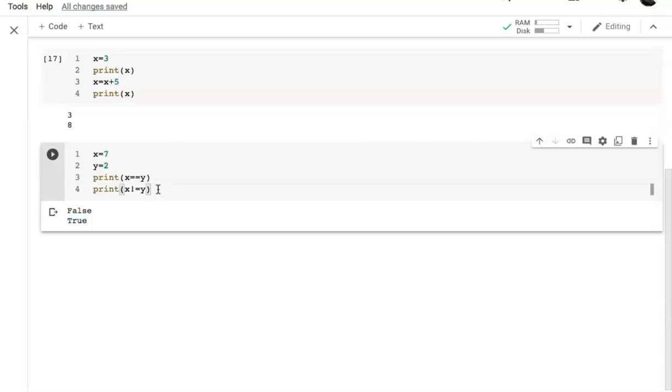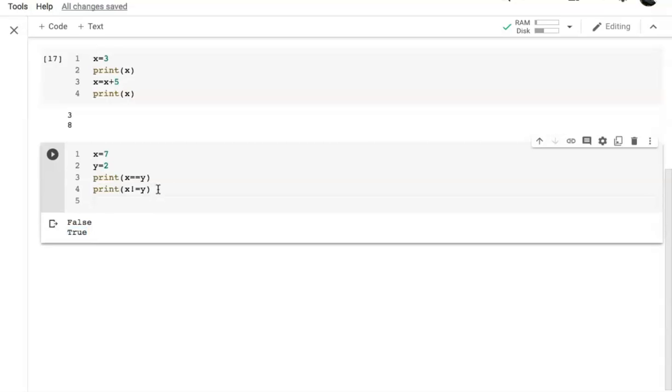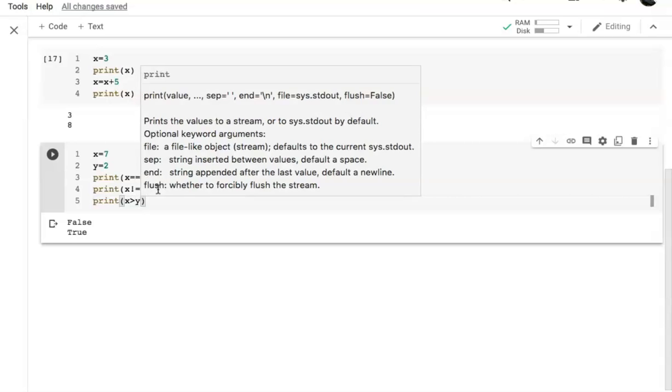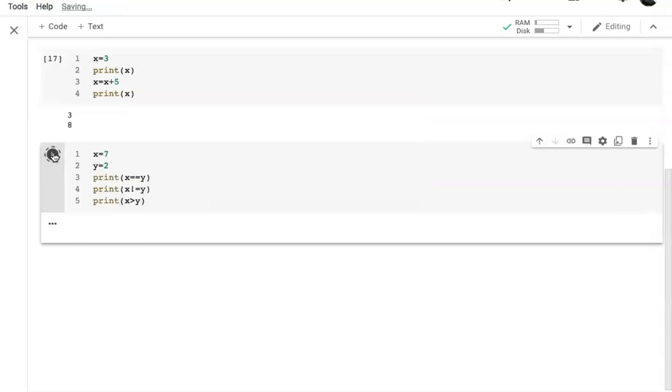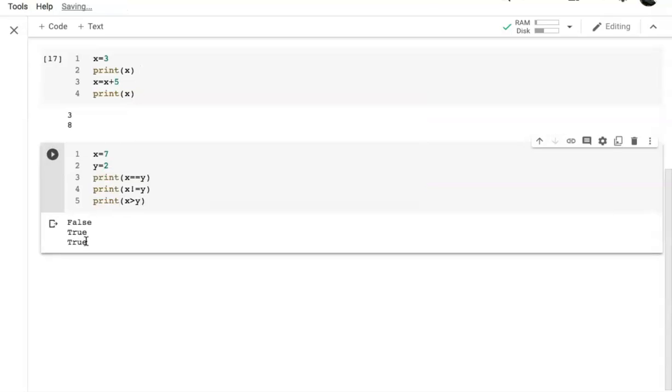Now let's try another comparison operator, that is whether x is greater than y or not. So guess the output, it should be true, and we got true because the value of x is greater than y.